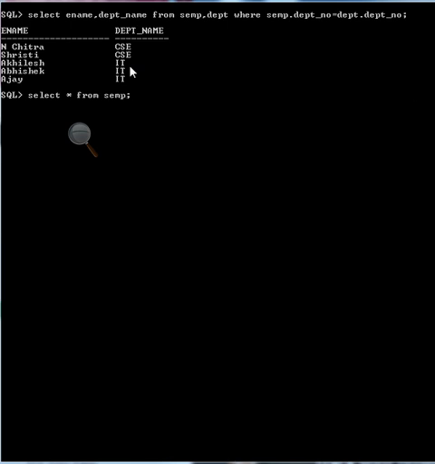In this table, another department number is 40, electronics, but here electronics is not listed because 40 is not matching with the SEMP table. So where the department number is matching, it will give the output. If they are not matching, it will not give the output.